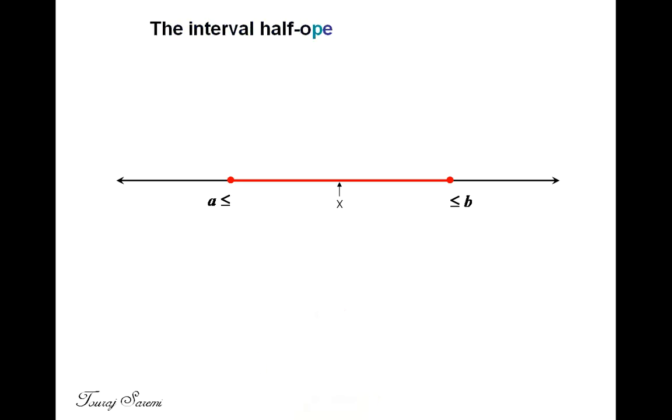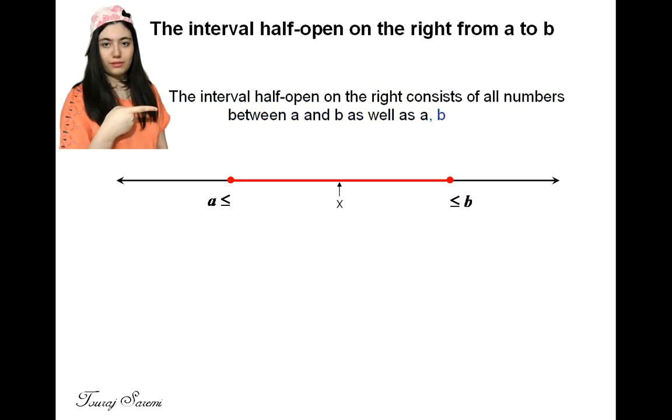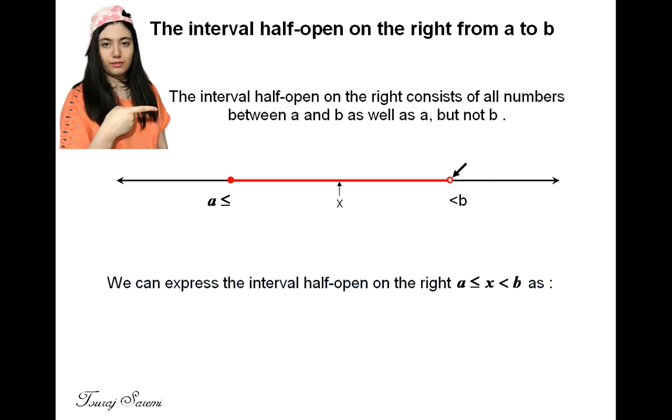The interval half open on the right from a to b. The interval half open on the right consists of all numbers between a and b as well as a, but not b. We can express the interval half open on the right from a to b as